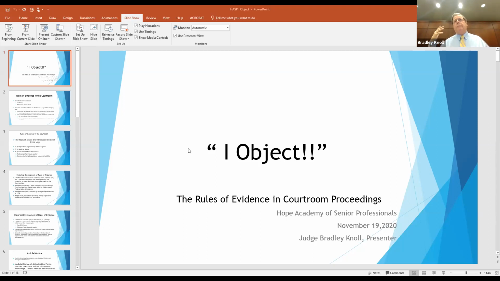And the offer of judgment then, if it's rejected by the other party and they go to trial and don't do as well as what was offered as a settlement in the offer of judgment, that rejecting side has to pay the attorney fees of the side that made the offer. So it's very helpful